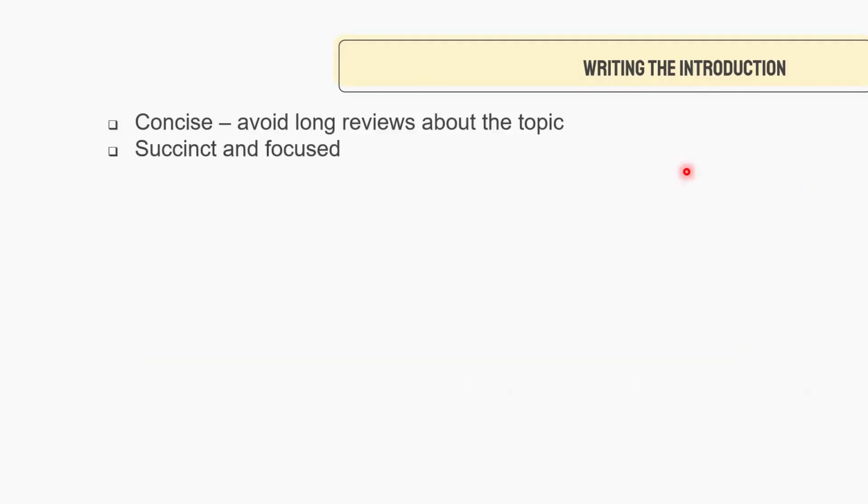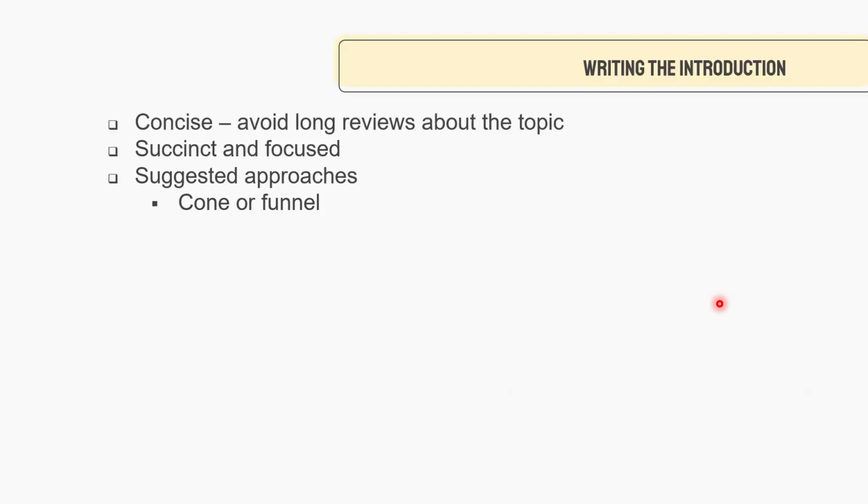So the introduction should be succinct and focused. So please avoid adding flowery words or mga pampahaba or fillers in your paper. We don't want long papers. We need proposals that are clear and that defines and explains everything that needs to be explained for it to be replicable, and you need to have a good RRL. Next lecture nyo na yun i-discuss how to go about writing the RRL. But this actually applies to that as well.